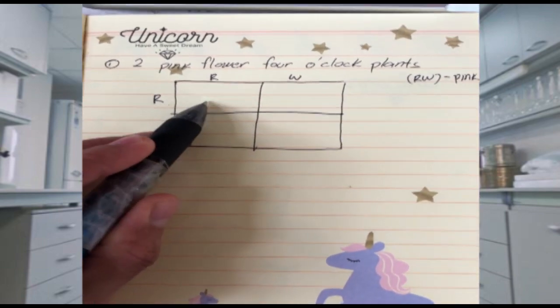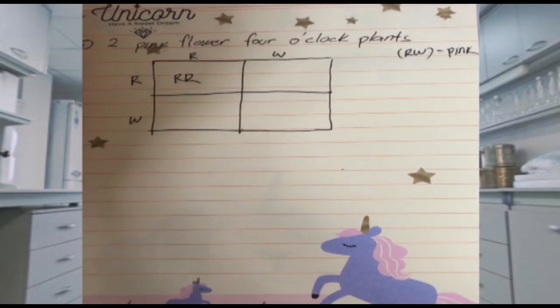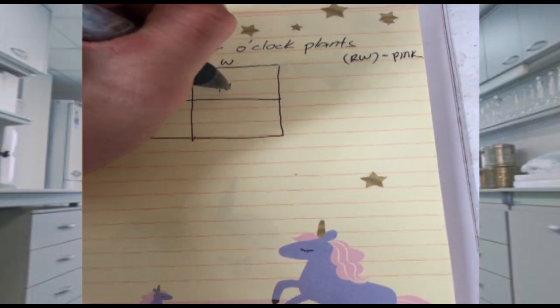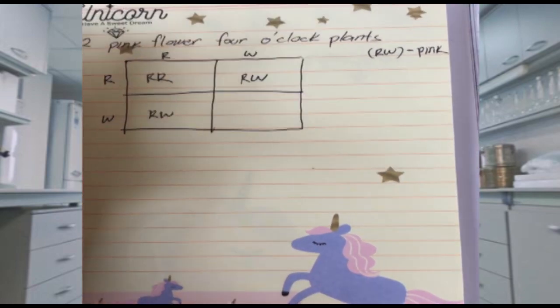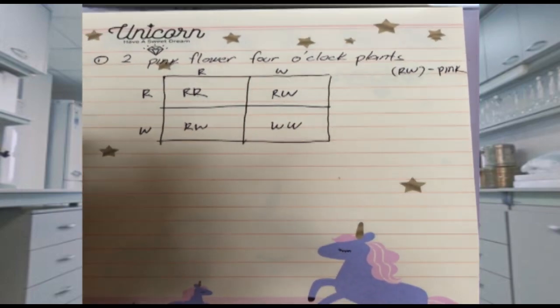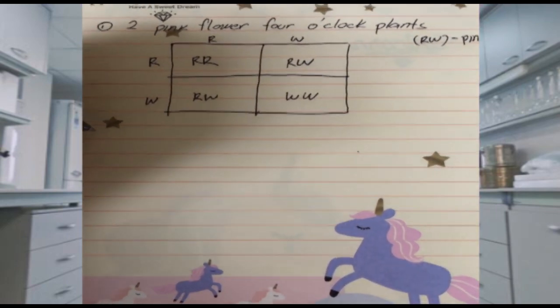So first square the R and the R. So the offspring would be the genotype RR. The second offspring would be the genotype RW. The third offspring would be the RW. And the fourth offspring would be the WW. Okay, so considering the Punnett square here, what is the